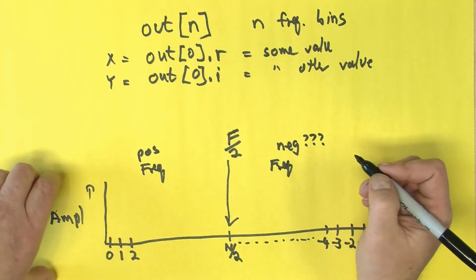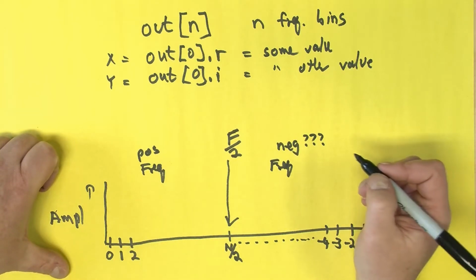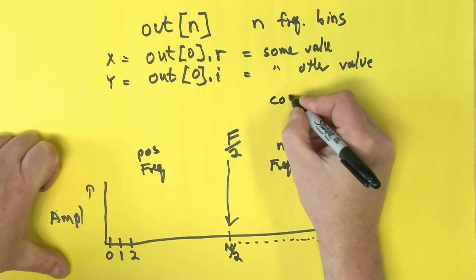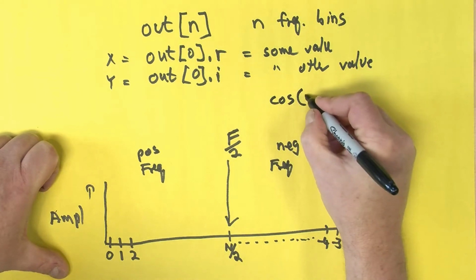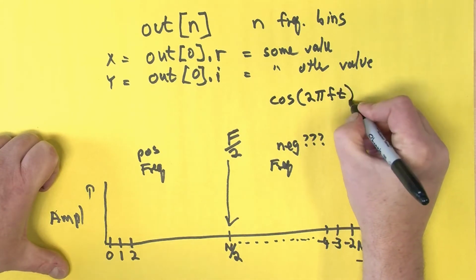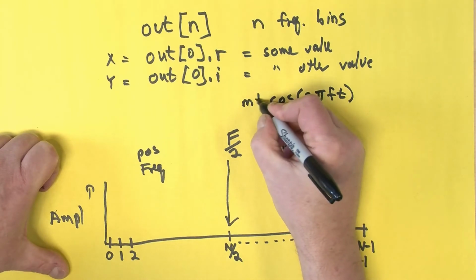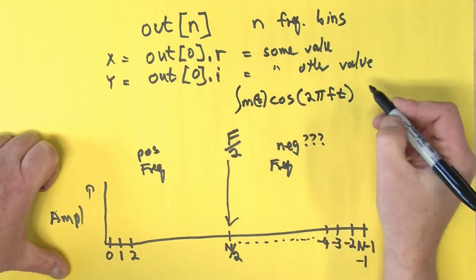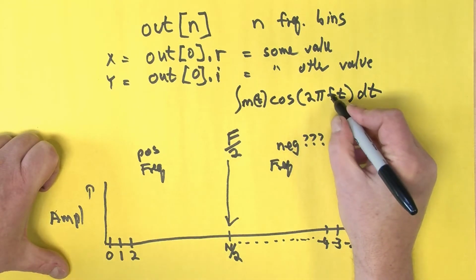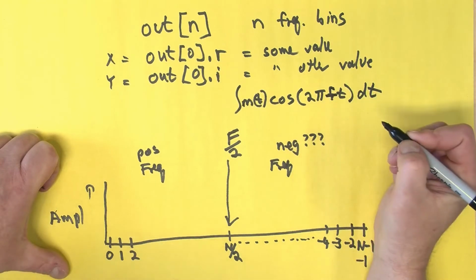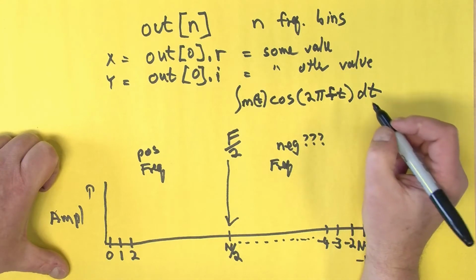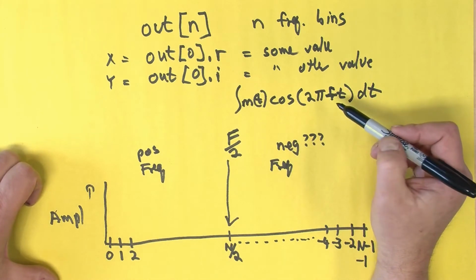Well, if you think of our original formulas, which looked something like cos 2 pi FT, all of that times m of t, the mystery waveform, and all of that integrated, well, the negative frequency corresponds to this f over here being negative, whatever that might mean. And we will worry about interpreting that in a future video. But